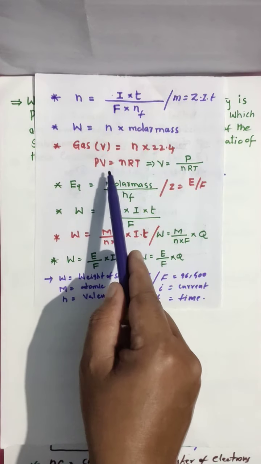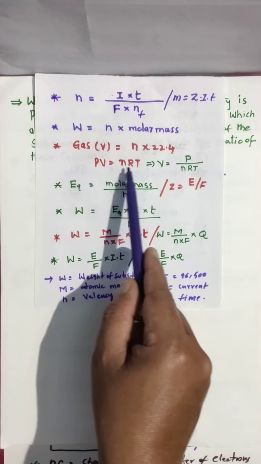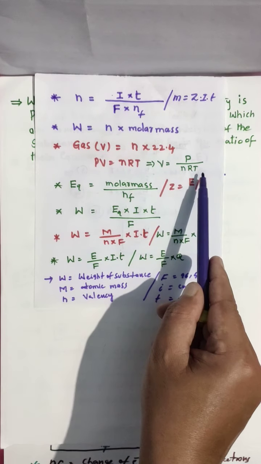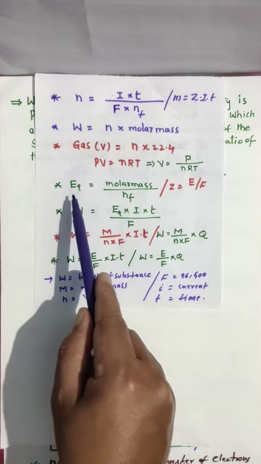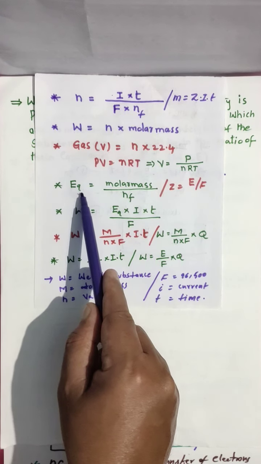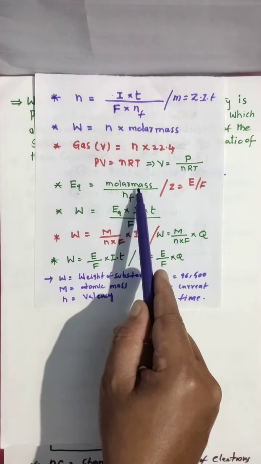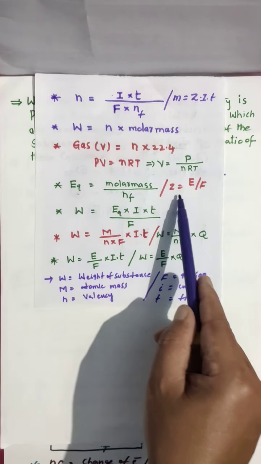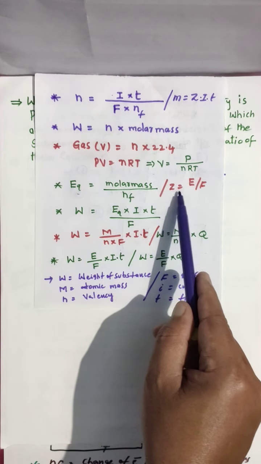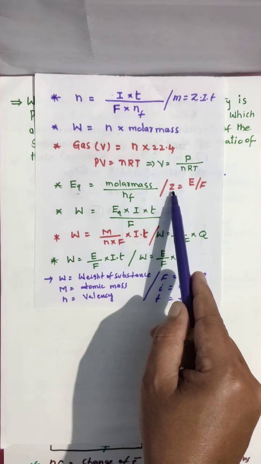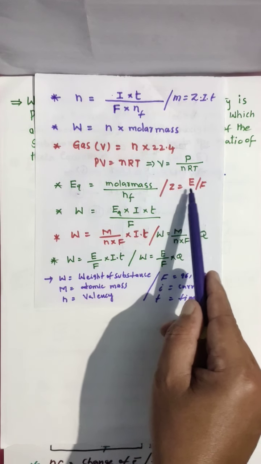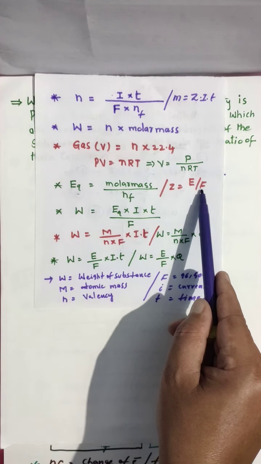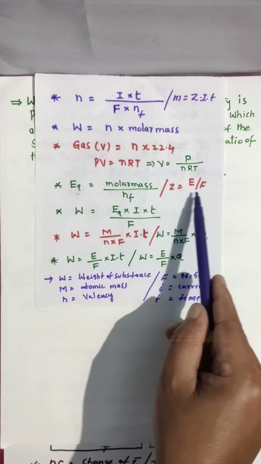We can also use PV equal to nRT, from which V equals nRT by P. To calculate equivalent weight, the formula is molar mass by n factor. And to calculate Z, the electrochemical equivalent, the formula is Z equal to equivalent weight by Faraday,